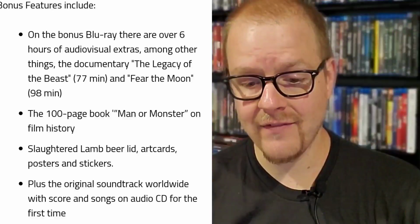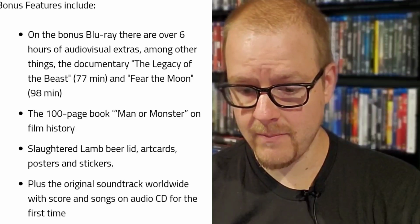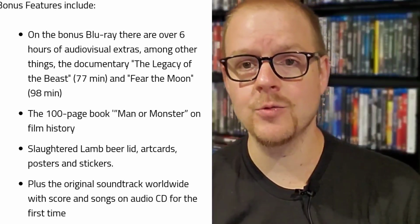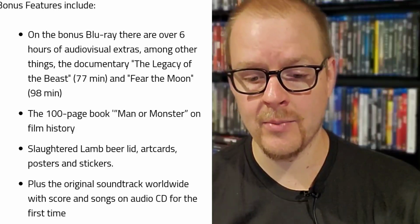On the bonus Blu-ray, there are over 6 hours of audio-visual extras, among other things. The documentary The Legacy of the Beast, 77 minutes, and Fear the Moon, 98 minutes, will be included. Those are the two special features they are announcing right now, the big ones. If I'm not mistaken, I believe this Arrow edition, which I have right here, has these on it, but they might be under different names,